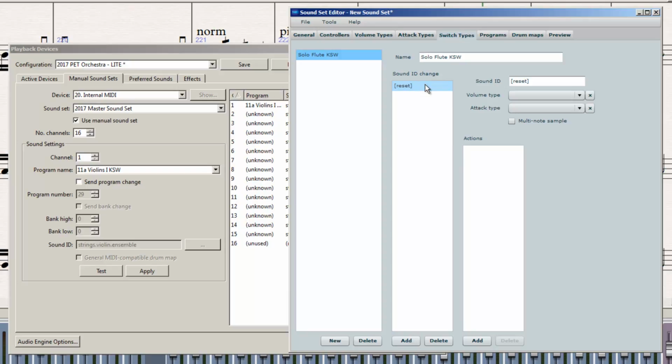When the reset command is sent, you're now telling the sound set to follow whatever actions are listed here. So, the first thing you're going to probably want to do is tell the computer which key switch you're going to want to activate. If it is a key switching patch you're using, this is a great time to do that. So you'll tell it, I want it to hit like D1,